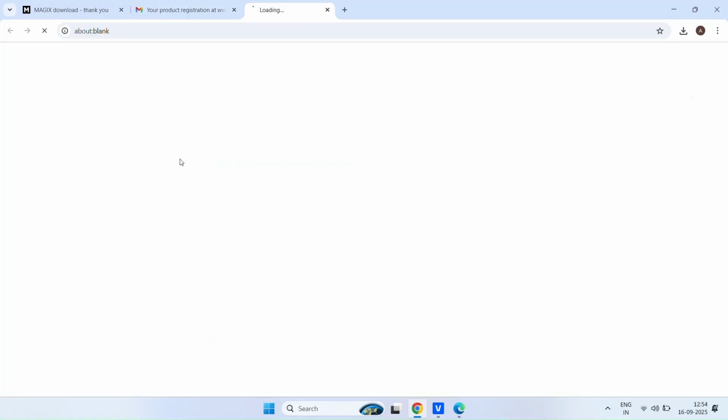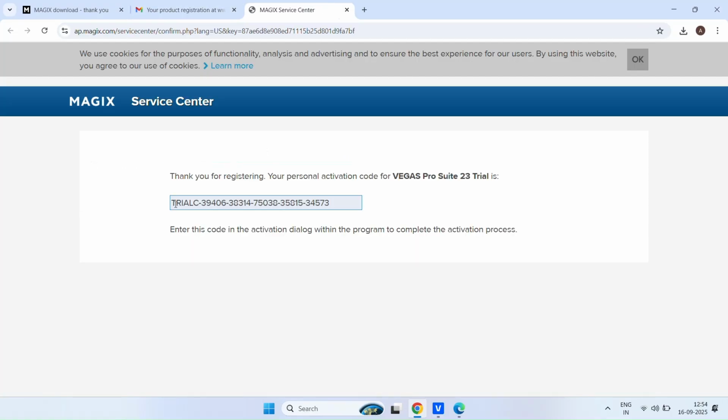After the complete registration, you will get a verification code on your email ID which you have provided.